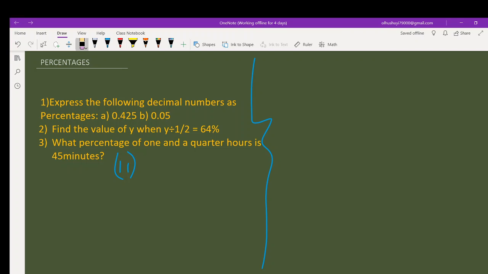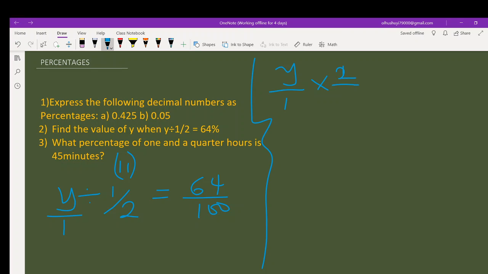You have y divided by half is equal to 64%, which means 64 over 100. And that will be equal to what? This y means y upon 1. So you have y upon 1 times,